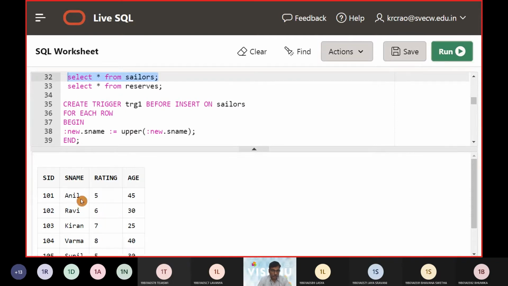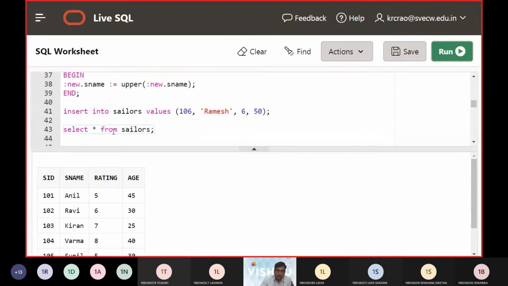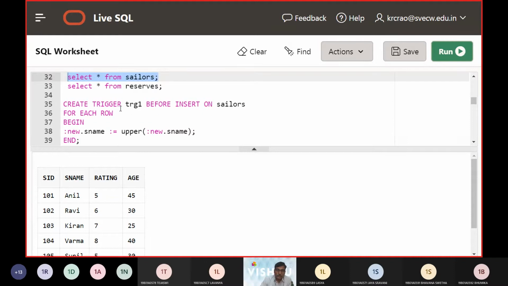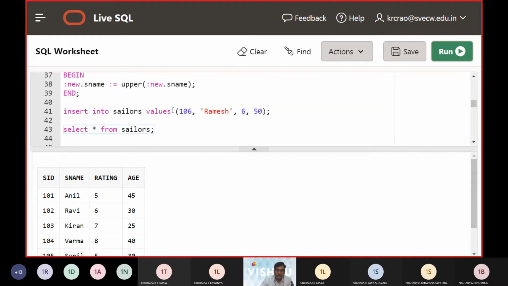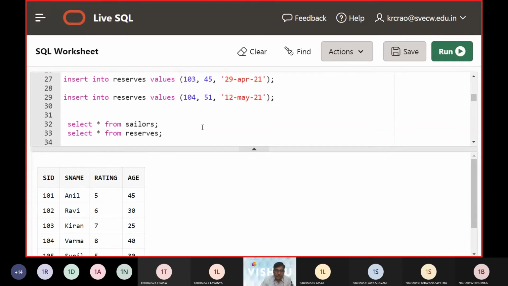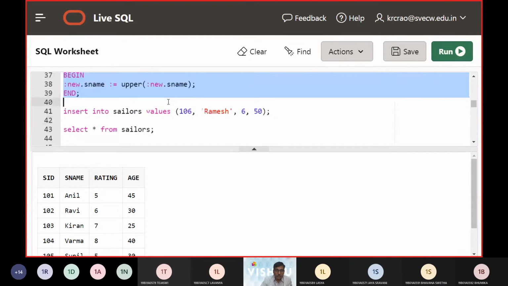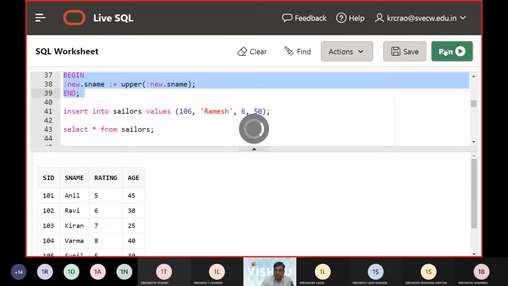So now Anil, Ravi, Kiran, Varma and Sunil, only the first letter, the initial, is in uppercase and the rest are in lowercase letters. But from here onwards, as you mentioned a trigger, when Ramesh is also written in the same manner, it is assumed that his content should be given in uppercase letters. So let us see whether this is what we are intending.